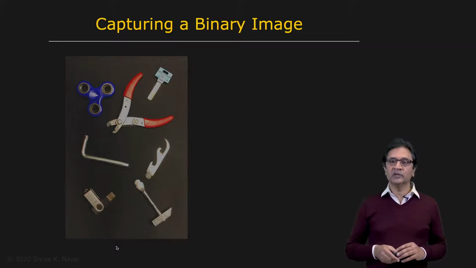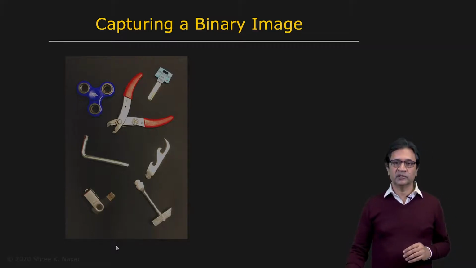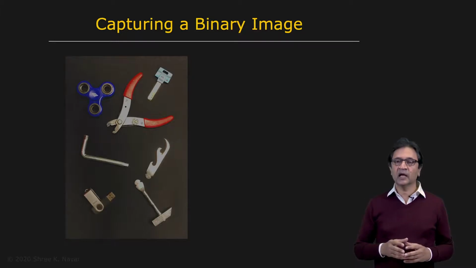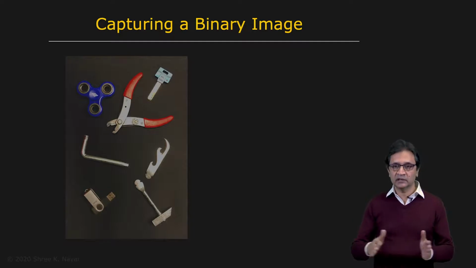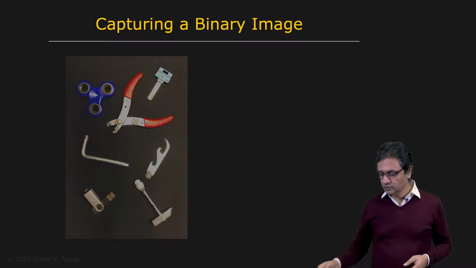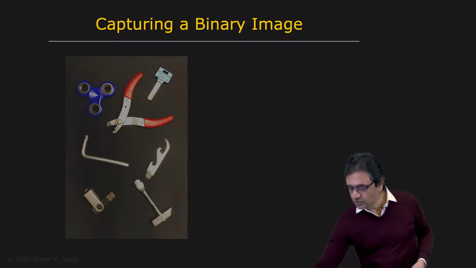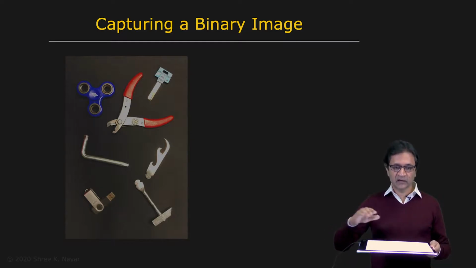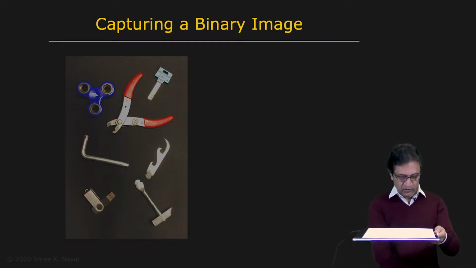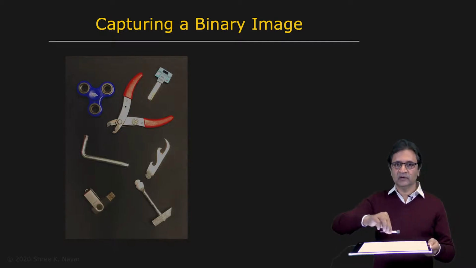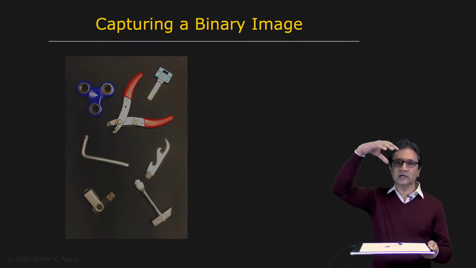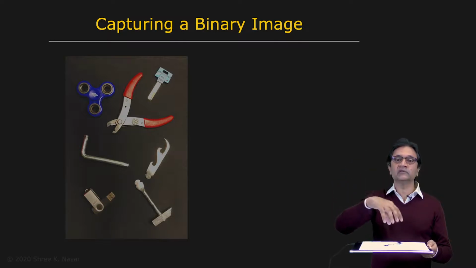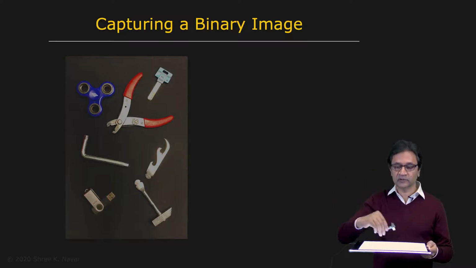So for applications where binary images can be really useful and where the lighting can be controlled, it turns out that you can create a setup, an imaging system, which almost directly gives you the binary image. What you do is you use what's called backlighting. This is a light box. We can use it as backlighting, and you would place your objects on this lighting system and then take an image from the top. And when you do, you're going to get a very nice, clean silhouette of the object.